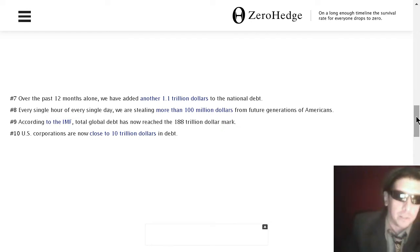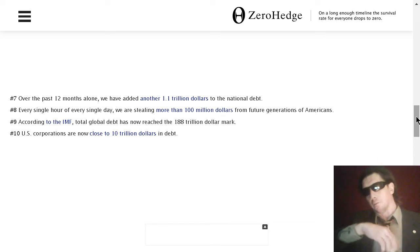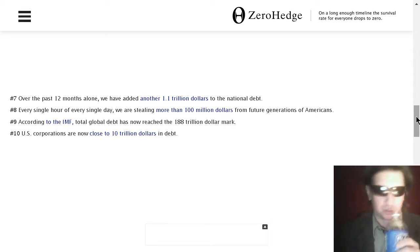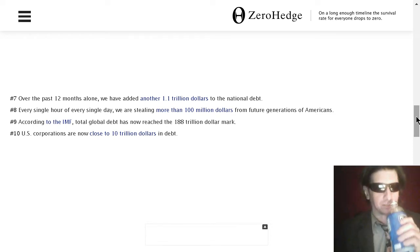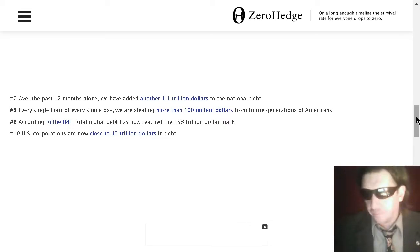Global debt has now reached the $188 trillion mark, and that is the point in my mind where debt becomes incoherent. The $188 trillion mark. That means that banks own more assets than the entire world. So the world is not enough, but it is such a perfect place to start owning more than what even exists. They call it inflation, folks, and a lot of people think a lot of things are more important than they really are. Anyway, to continue on,